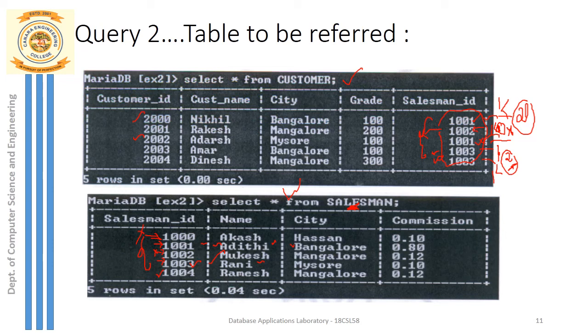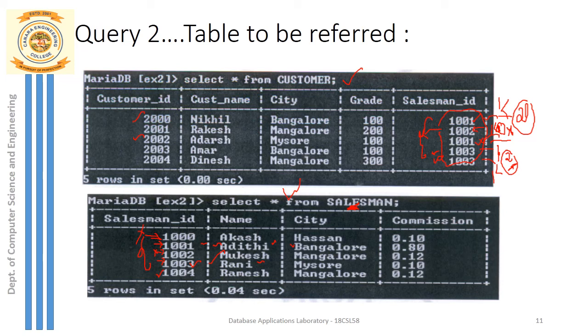Now can I check the condition? What is that condition? As part of my inner query, what do I have to do there? My first query, not the alternate query, says that in the inner query I have counted the number of rows, right? So count the number of rows where the salesman ID is matching. Now my salesman ID is 1001. Count the number of rows. The number of rows is equal to 2.